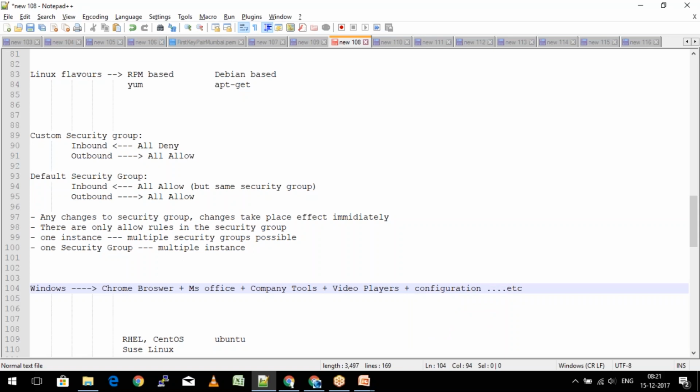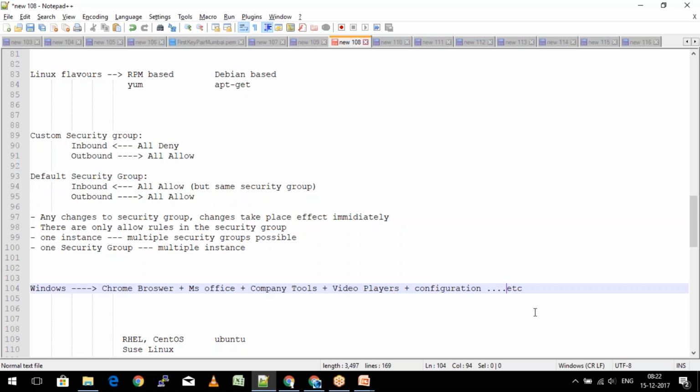Now how can he improve the situation in this case? He is going to create an image out of it, so that whenever your system has to be formatted, he doesn't need to install just the Windows operating system. He will format on the basis of this image, so that all these tools automatically come back. And that is where we see that the formatting gets completed within a span of just 15 or 20 minutes, and we will be able to get back our complete machine. So this is how it is done.